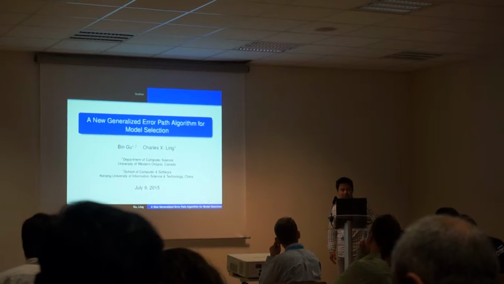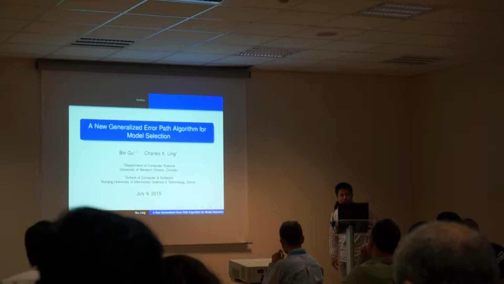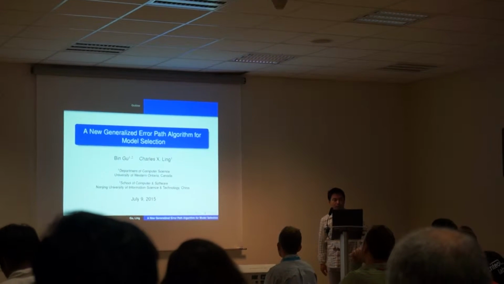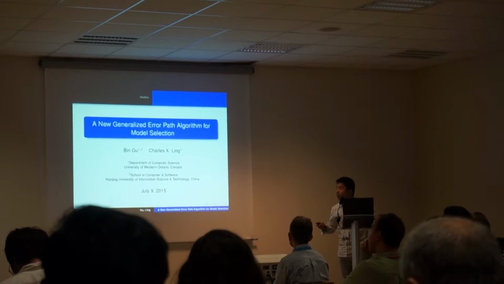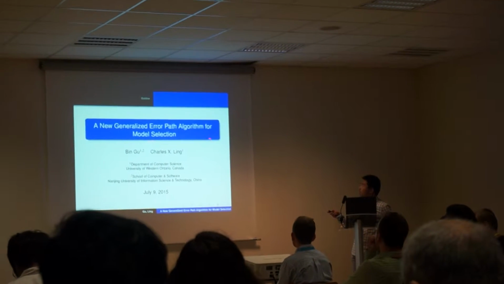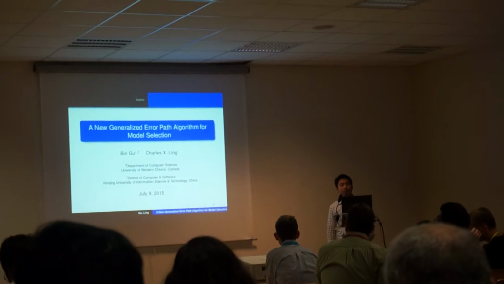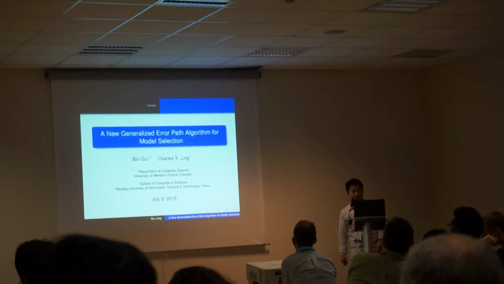Western University and also from Nanjing University of Information Science and Technology. So this work is about, from the title, a new generalized error path algorithm for model selection. So generally, it's a work about model selection. So it's a classical and important